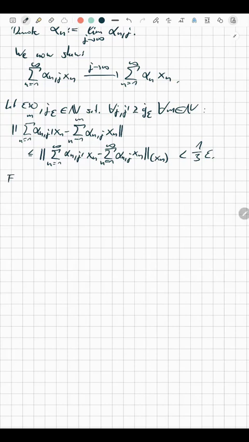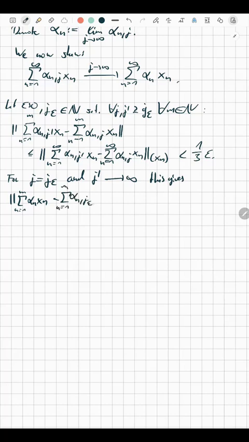So for j equal to j epsilon and j dash going to infinity, this gives that the following is smaller than 1/3 epsilon for all m in the naturals. And we will give this equation a number 1.1. Now,